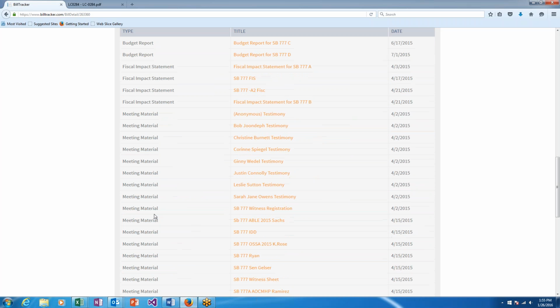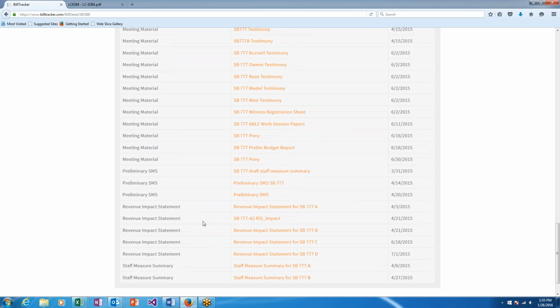And so you can see here, I've got a whole bunch of meeting materials, fiscal impact statements, budget reports, if I scroll down, staff measure summaries, revenue impact statements, and then final staff measure summaries. Again, if this bill had been, there's a copy of the pony. So you'll see a number of documents that are often associated with a piece of legislation all end up here